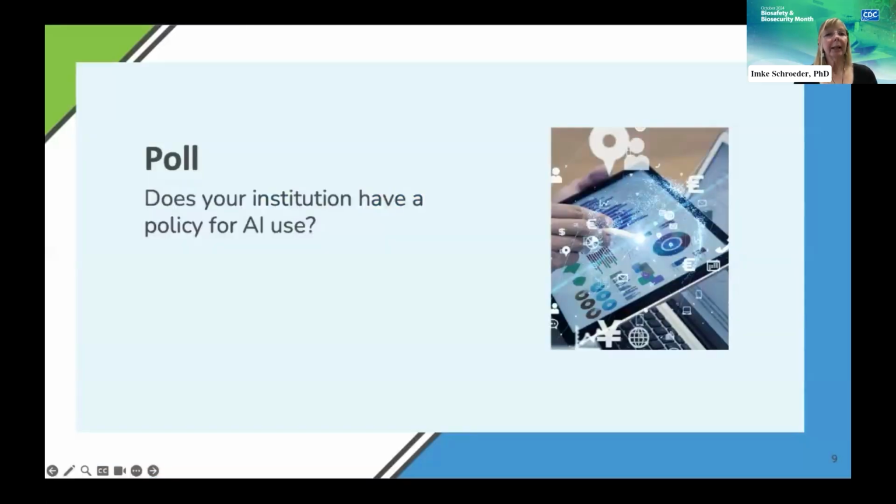So here's my second poll question. Does your institution currently have a policy for AI use?